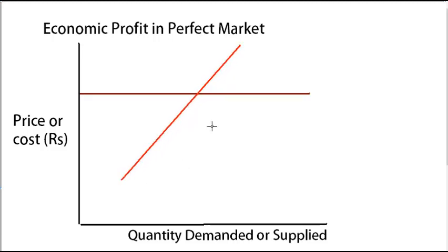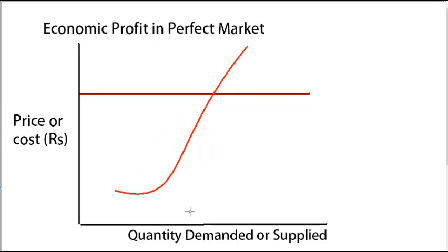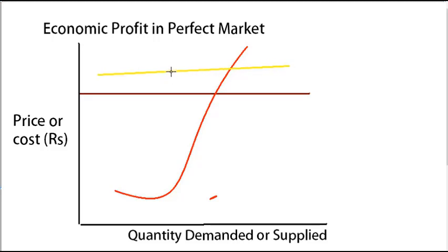Now after this we will draw the marginal cost curve. This is the marginal cost curve in red. Marginal cost means per unit how much we are spending, the increase in the cost per unit. Initially it will increase, and slowly when you get a proper scale, it will decrease.